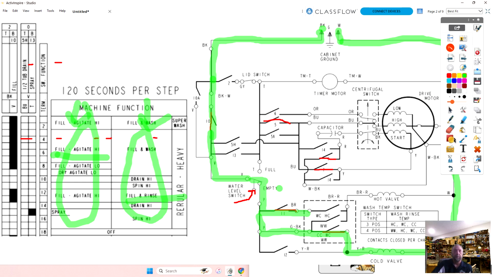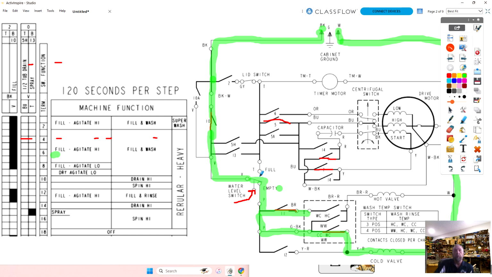Okay? Now, in the next class, I'm not done with this one, but in the next class, I'm going to do more of an electronic version of the same machine and explain what it's doing. So when we first turn this machine on, these are the switches that are closed. Look at number 5. Look at number 7's. They're closed, but my motor's not running. It's waiting for my water level switch here to do its job and go that way, to say that the machine is filled with water.